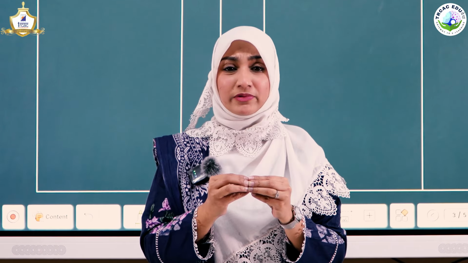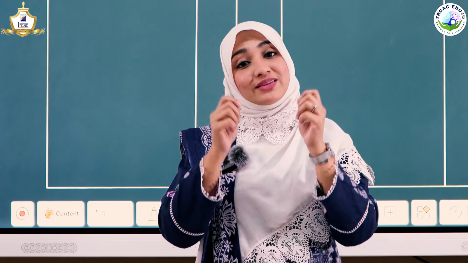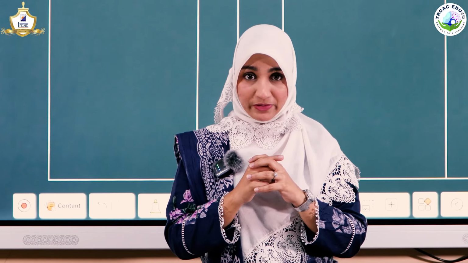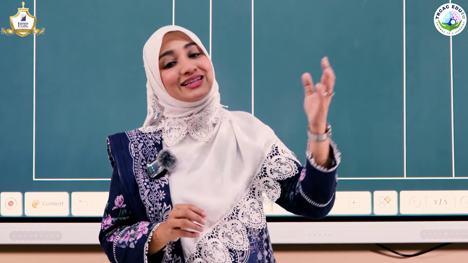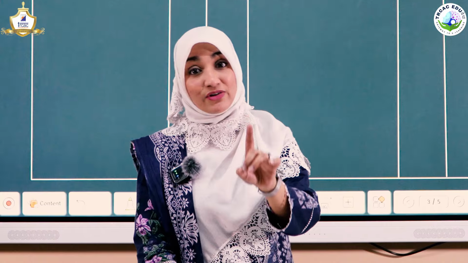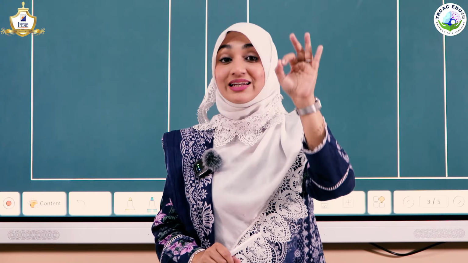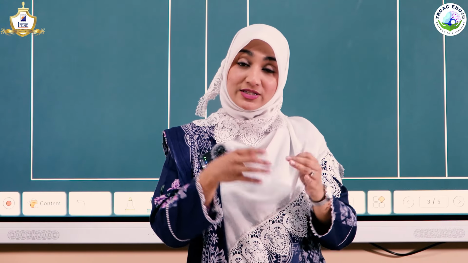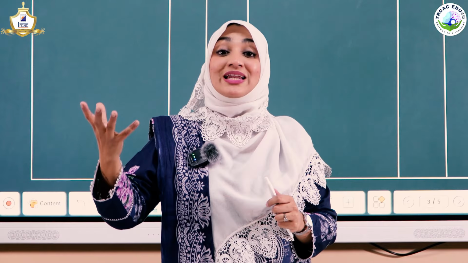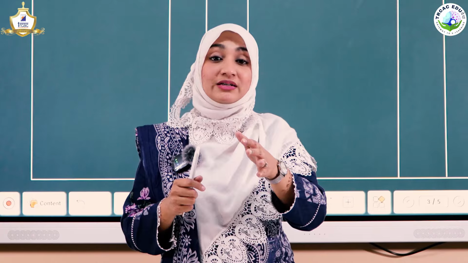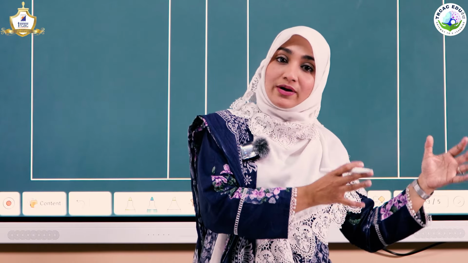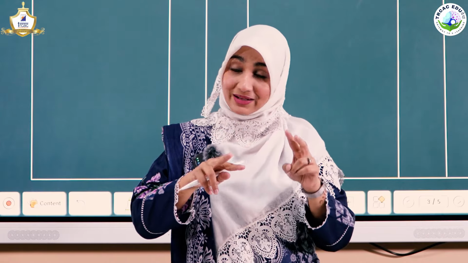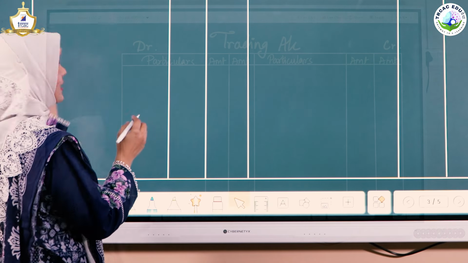And you have to remember the elements of trading account with this special formula I am telling you. Okay, very first thing you have to remember that there is an opening stock and there is a closing stock. Correct. So very first thing you are going to record, which is there in every sum, the opening stock and the closing stock. What is the opening stock? Opening stock is the stock at the beginning of the year for your manufacturing materials, and similarly closing stock is the remaining stock at the end of the year. So in trading account, we record both these elements, correct? So opening stock will always come on this side.